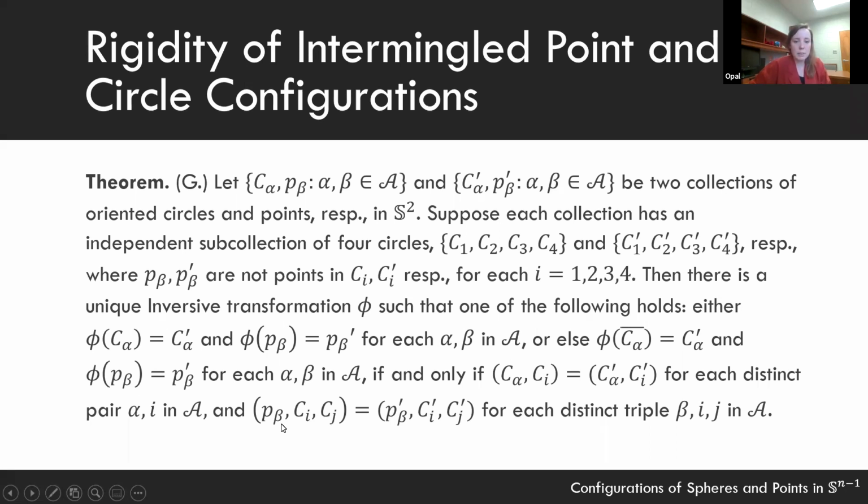And that happens if and only if the inversive distance from each of your circles outside the subcollection to each of your circles inside the independent collection is correspondingly equal across both collections of circles. And that each of your inversive ratios is correspondingly equal as well. Okay, so